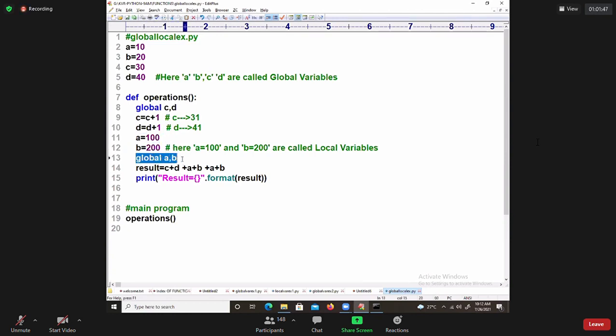When you are taking global of this, what is this A asking? What is this B asking? When you are saying global A, B, what is this A and what is this B? Global A, B is not possible. So global keyword is used for what? Whenever I refer,